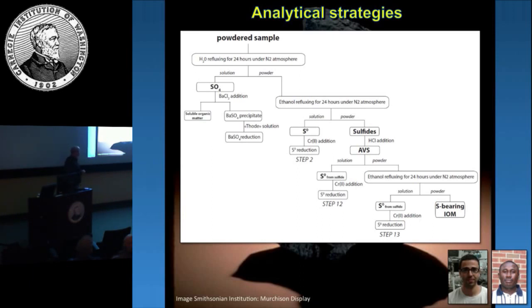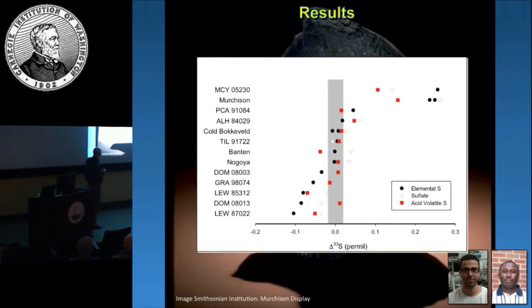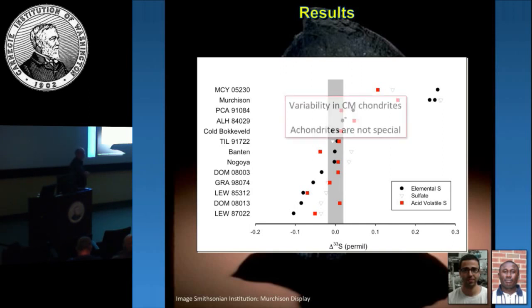What was interesting, when he extracted all of these and analyzed these for a variety of CM chondrites, so we have sulfate here, elemental sulfur here is the black, and we have sulfides here, was that they show variations in this capital delta 33S, so this mass independent anomaly. The other thing is they're not at the 0.02 per mil level. These are about 10 times larger than that. So they're significant anomalies, and they're in the bulk sulfur that is extracted.